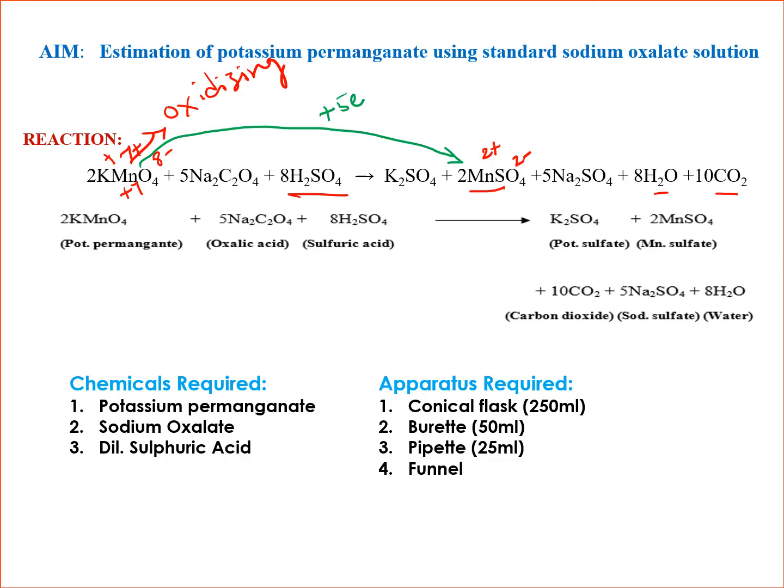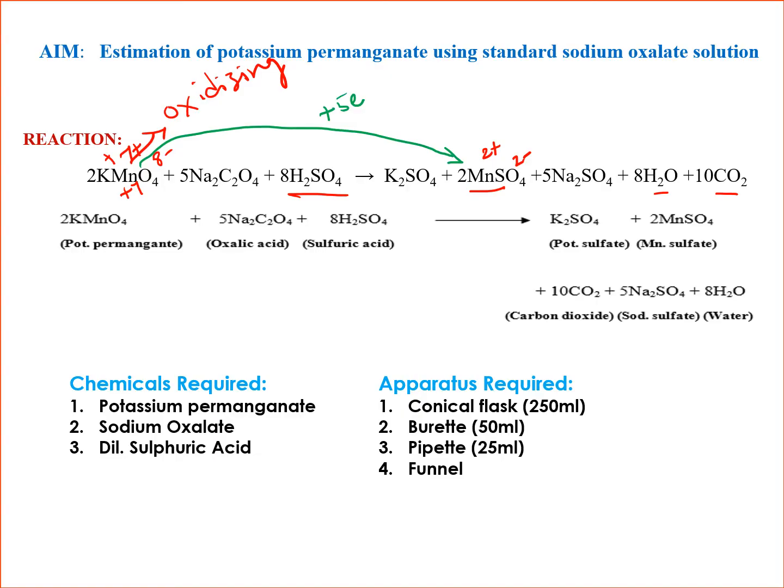The oxidizing agent is the agent responsible for oxidation to occur by itself undergoing reduction, that is, by gaining 5 electrons it goes to plus 2. So this is your reaction: when you titrate KMnO4 versus sodium oxalate in the presence of acidic medium,